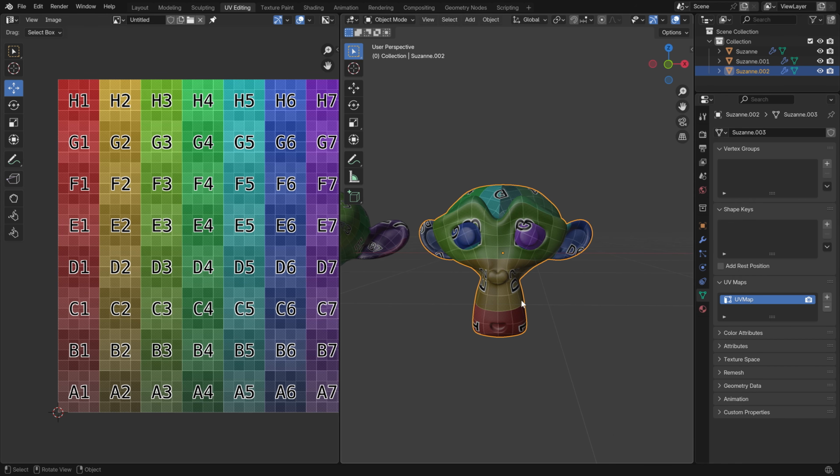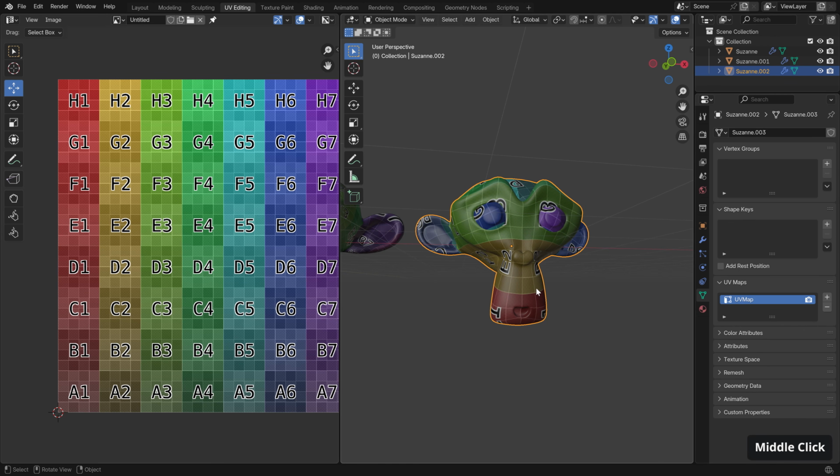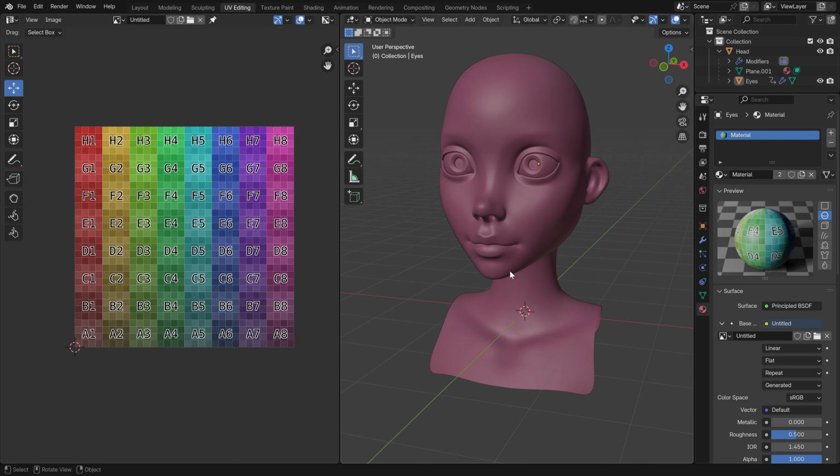So this minimum stretch method is definitely something to think about using, as it does a lot of heavy lifting for you. It reduces a lot of this stretching already. So if you already have a good, decent unwrap, this will do that extra bit of help to make everything look nice and clean. So let's put into practice everything that we've learned in this video by looking at this